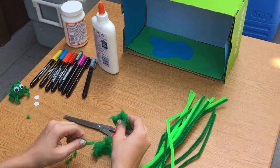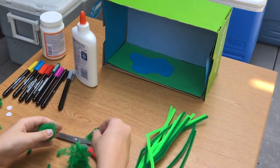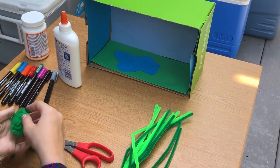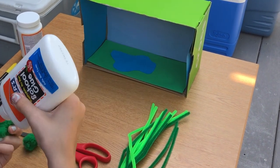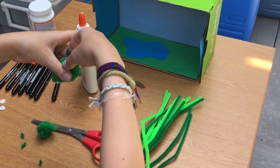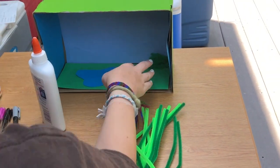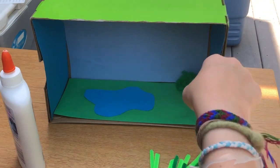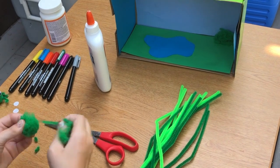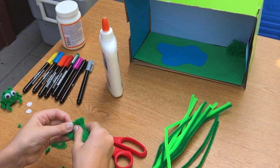So you can be super creative with the materials. Don't have to stick to what they're made for. You can use them any way you want. And I think that is so cool. I love getting different materials and having fun with them. So I'm just gonna put this in there, right like that. All right, so now we have a little bush, and I'm gonna make another one so that it has a little friend. After this, I'm gonna do some pipe cleaner vines,